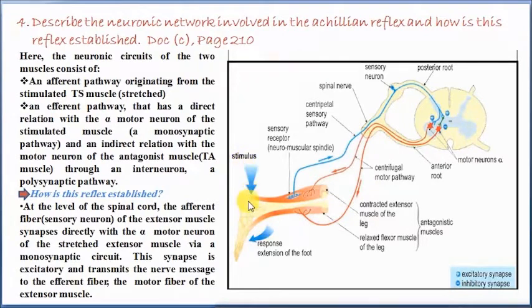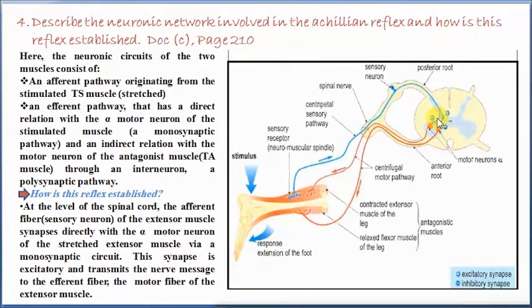When applying stimulation to the Achilles tendon, it causes stretching of the muscle, which is picked up by the neuromuscular spindle, which is going to generate the nervous message, the action potential,